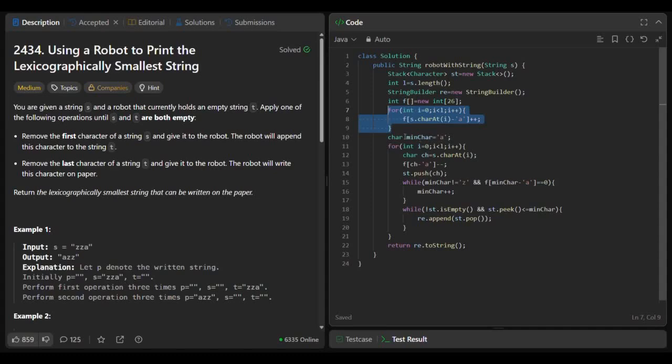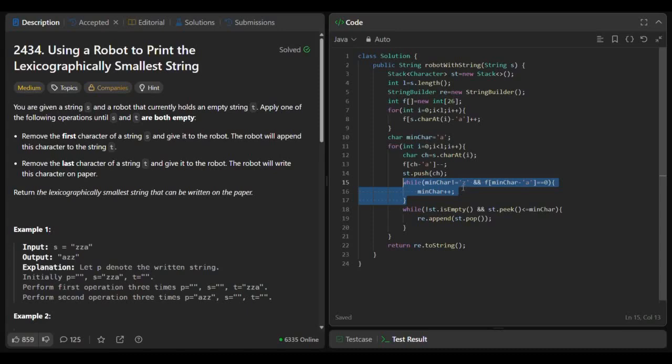This is n, like in the explanation I have written n. I have taken here the min character for the remaining string and initialized it with a. And now the main processing part, we will be traversing the string s from left to right, or 0 to l minus 1. And initially we will take the first character, remove it from the string and push it to the stack. This was the base case part. First we will take the first character and put it in the stack. Then we will find the minimum character in the remaining string. For that, I have written this loop